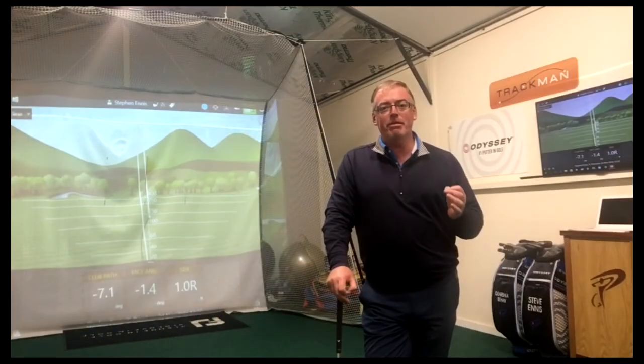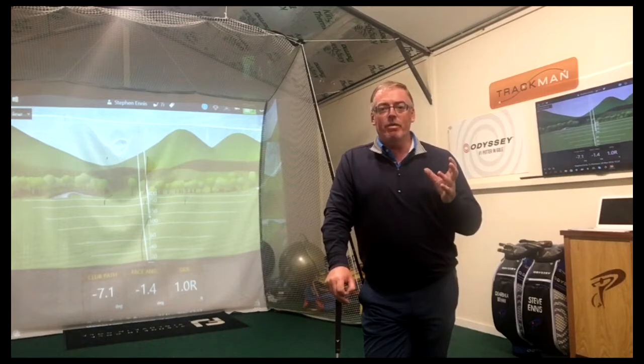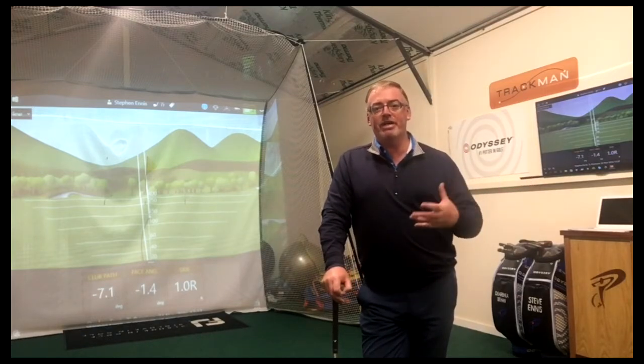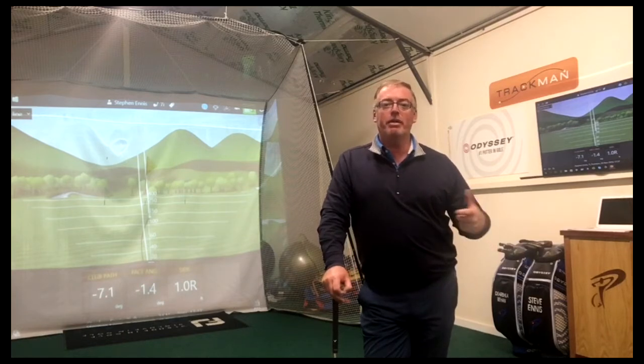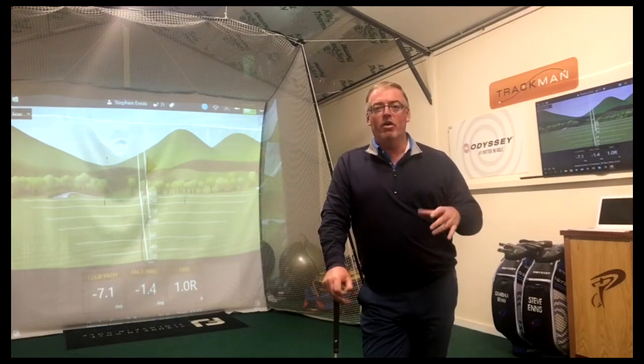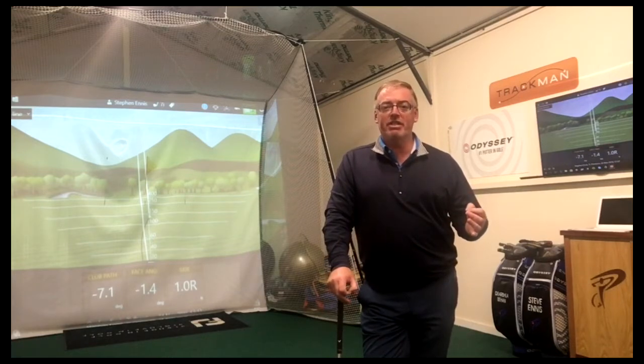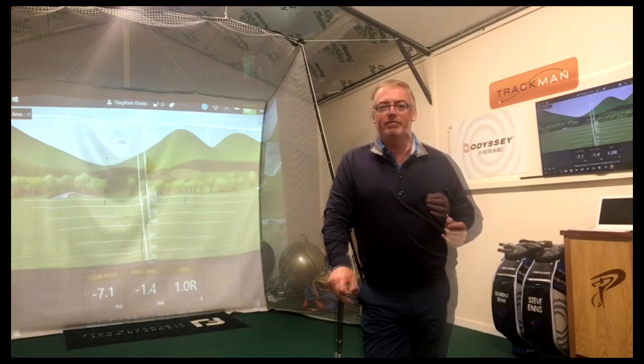What I'm really looking for when I'm playing, and now I'm going to rob a phrase here from Andrew Rice, Andrew talks about creating a predictable ball flight. So a predictable ball flight is when you know which side of the target the ball will start on and what direction it will curve. And that doesn't matter whether you play a fade or a draw or what type of shot you play. The key here is that you know which side of the target the ball will start on and whether it will curve or not curve.